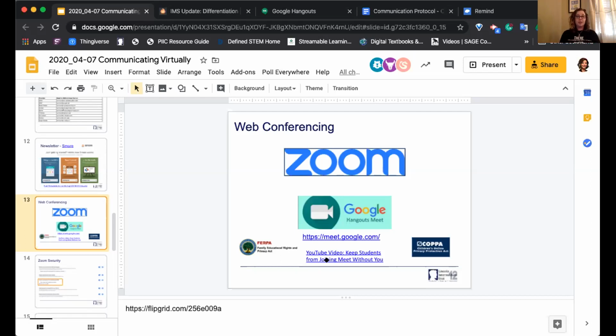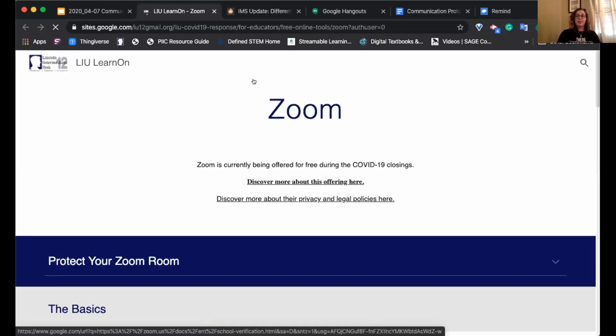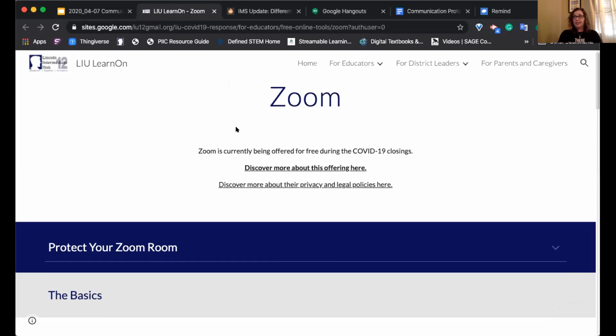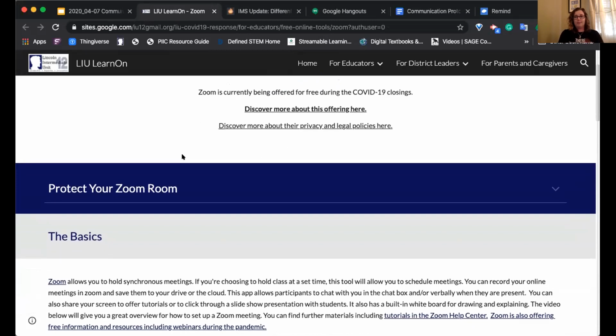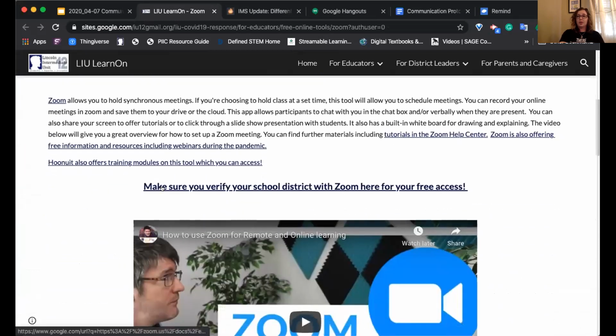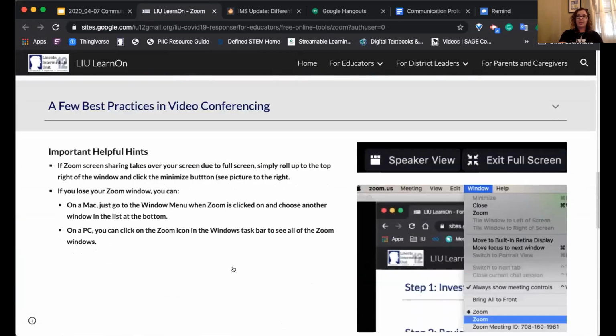Zoom also has made some security suggestions if you were trying to mitigate the situation with security and people Zoom bombing rooms. So a couple of things. First, this link takes you out to our Google site. So our site has some specific information dealing with Zoom. We have the specific information because we are using Zoom, and we want to make sure that you are aware of why we're using it and how we're using it. So we do have specific information having to do with protecting your Zoom room under this link, which is going to be the same information I'm going to go over with you here in a minute on our slide deck. So I'm just going to go down the basics of Zoom, how to use Zoom is in here,